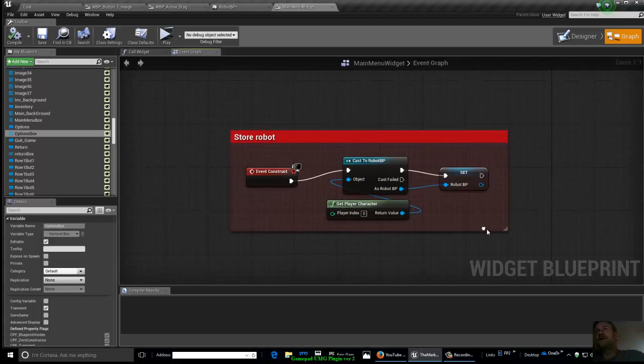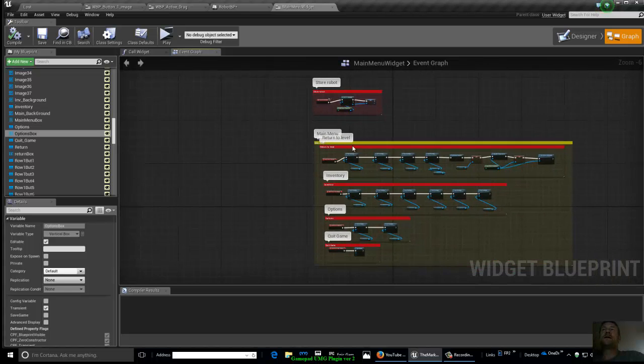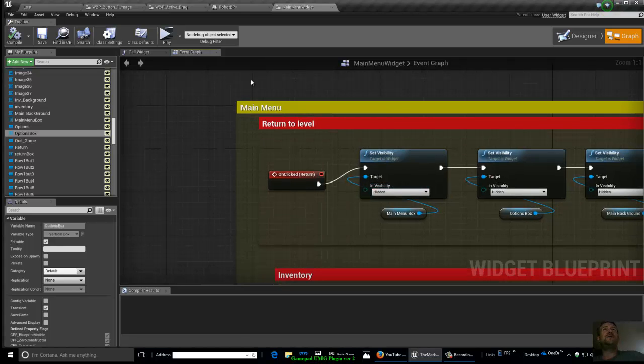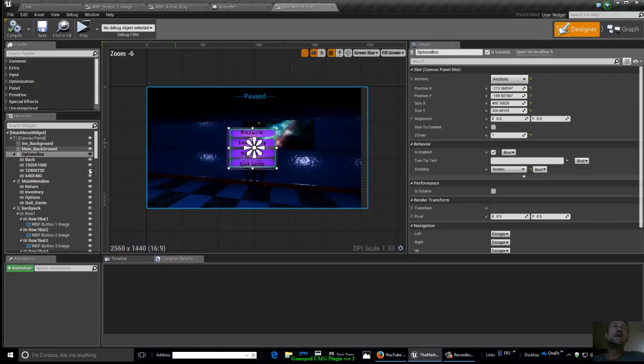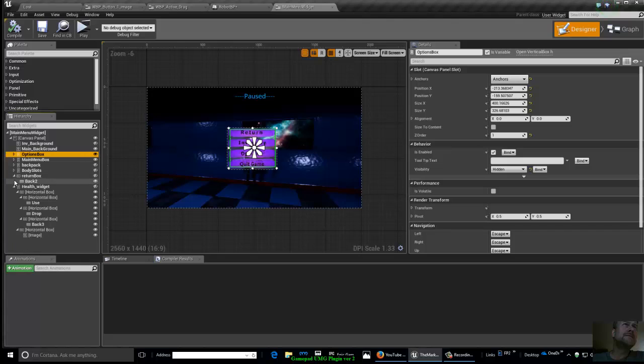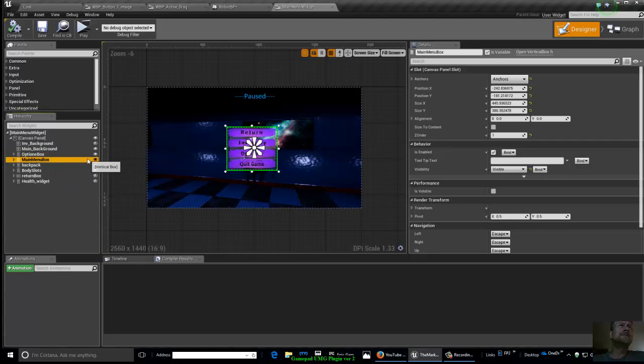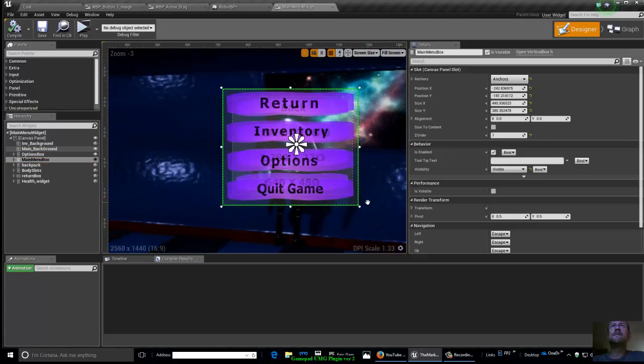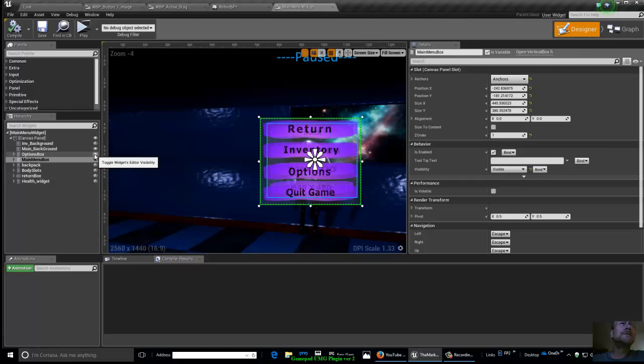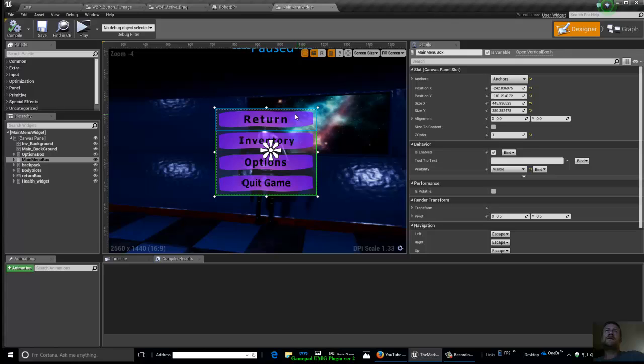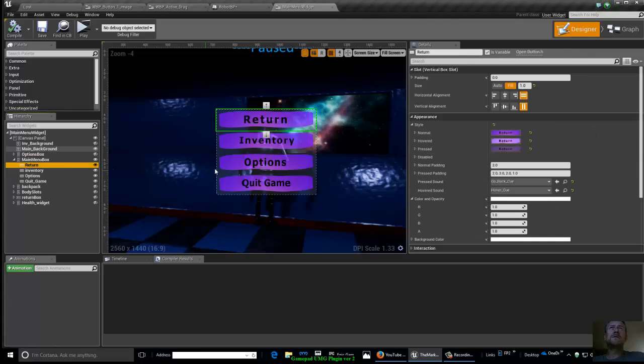This is the event construct. Again, I just store the robot. I think I do that all the time, just to have it. The main menu, it has a return button, just a button. The button itself, if you open this up, button itself has,